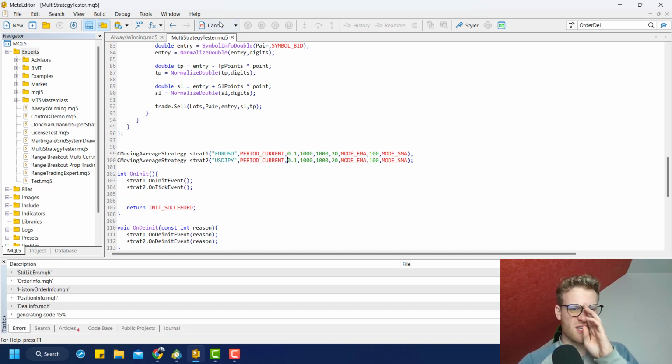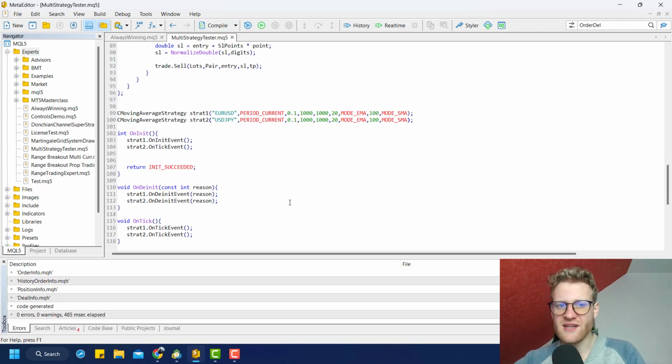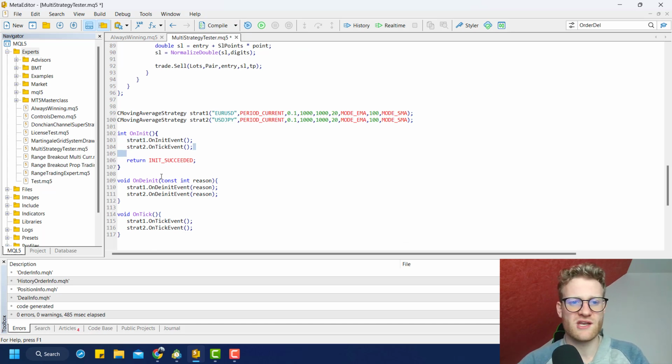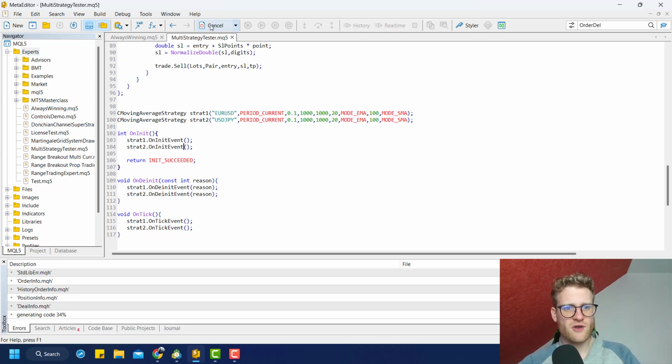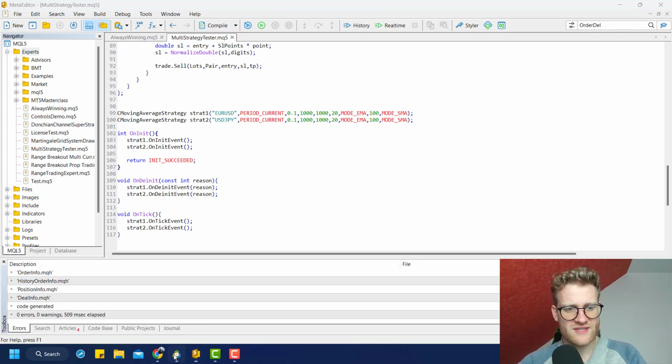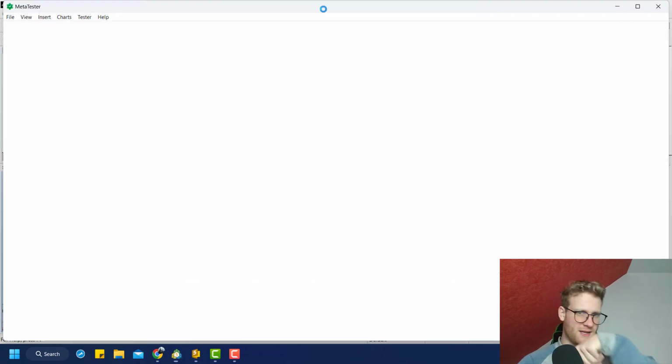So if we do it like this and compile, I don't change anything else, so the rest stays the same. We still have thread 1 on init event, thread 2 on init event. Oh wait, there's a problem. It should say on init event. And yeah, if we compile this again and run the same test again, you will see now